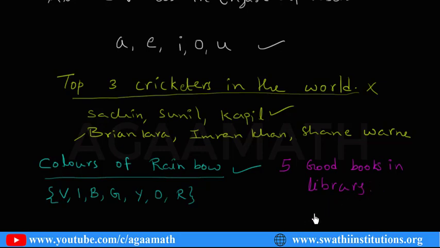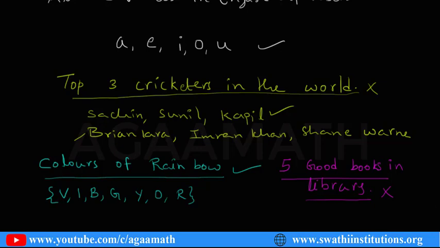For example, coming to me, I like fictional story books. So if I find those fictional story books, I feel those are the 5 books good for me, where I don't feel good for other books. So this collection, like 5 good books in library, also varies from person to person. That is the reason we can say that this is not a set.